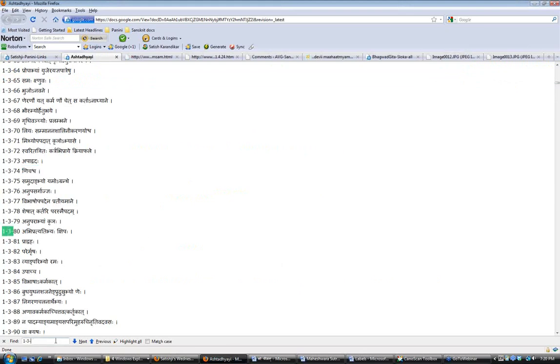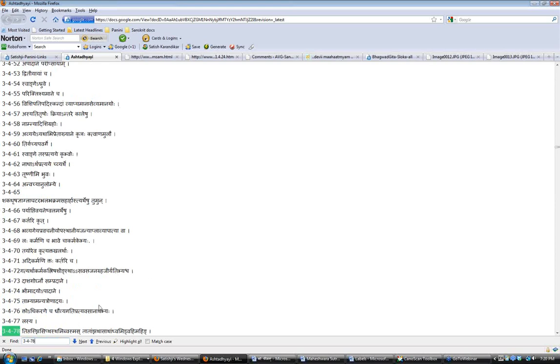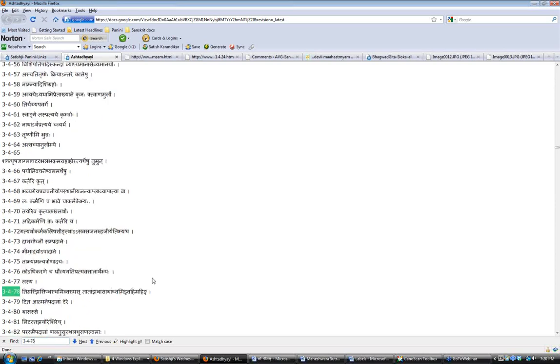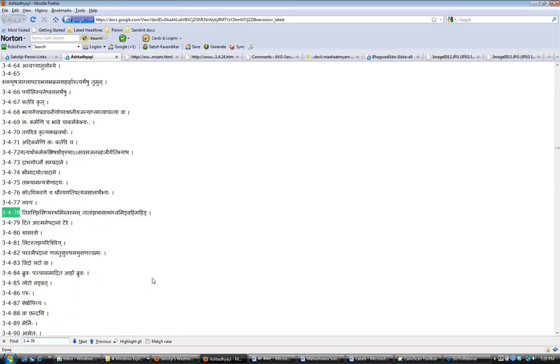As we've said a few times, the moment you use 3.4.78 tiptasjhi, immediately scan the remaining of 3.4, depending on the lakara that you're using, lakara sambandhi adeshaha. So always check the remaining of 3.4.